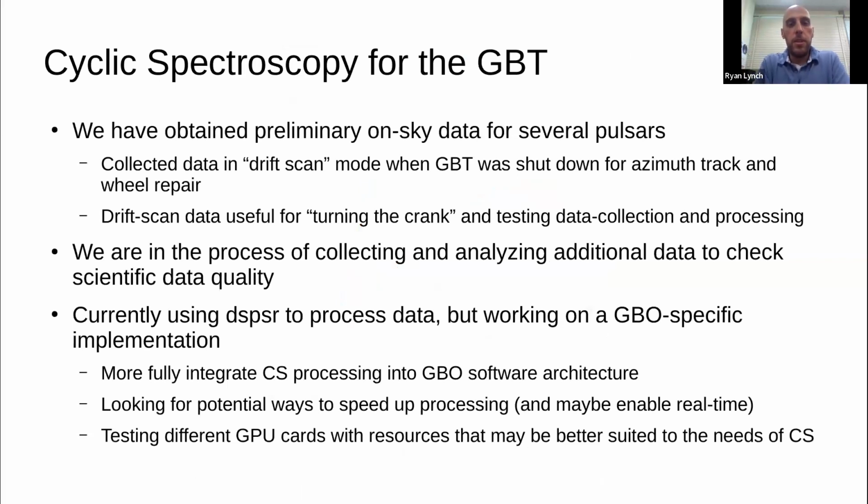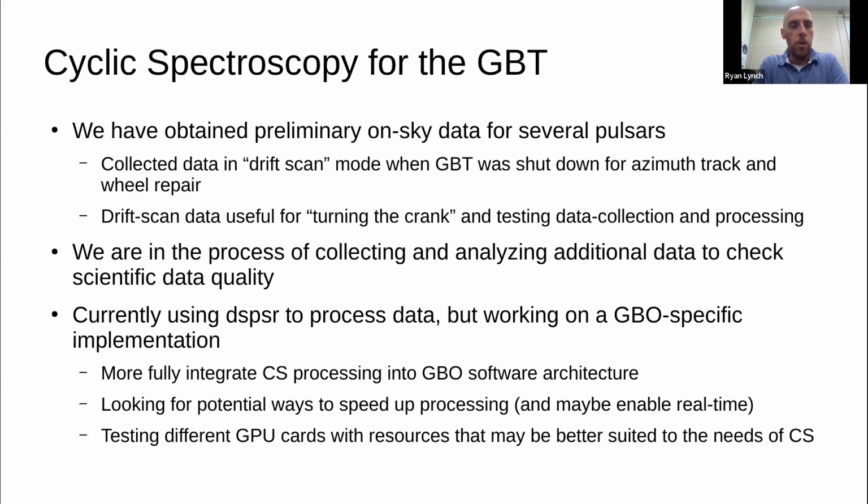And we have obtained some preliminary on-sky data for several pulsars. So as I assume many people on the call are aware, earlier this year, the GBT was shut down for some azimuth and track wheel repair. So we couldn't move the telescope in azimuth, but we could still tip in elevation. And we were able to do some drift scans of a few pulsars and collect data using the system